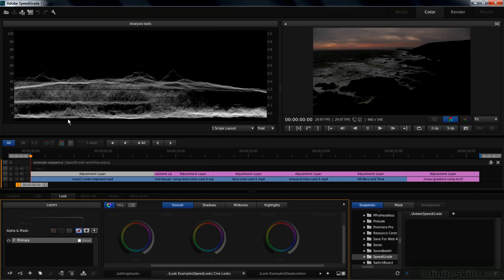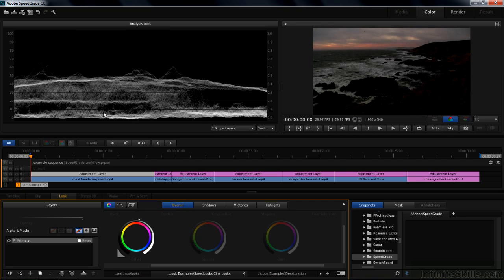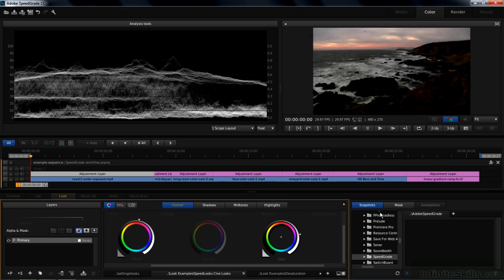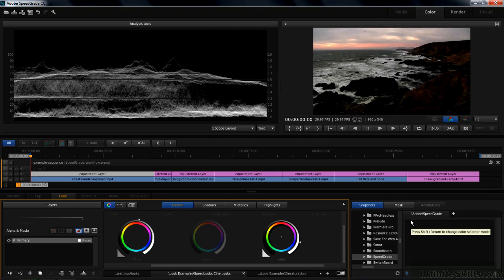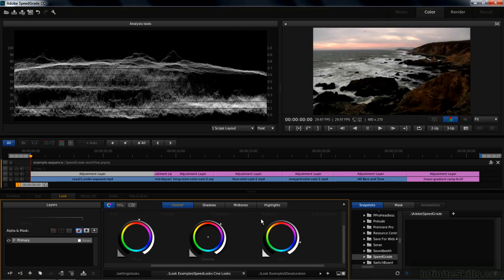So the first order of business would normally be to lift up the blacks. So go on down here and grab this little triangle there and drag it to the right to lift those guys up. And notice that the scale of the scope moves along with the trace. That's a characteristic of the scope here inside SpeedGrade. Now I want to lift up the highlights, so I go over here to Gain. I pull them to the right, lift them up. I get the highlights just a touch 100, and notice that the scale comes down to accommodate this. And now maybe I'll affect the overall brightness by moving the gamma to the right a bit, lift it up just a touch, make it brighter. And we have now fixed this clip.